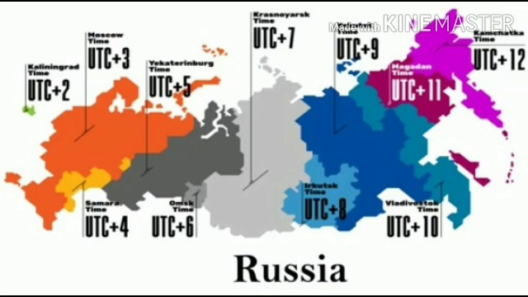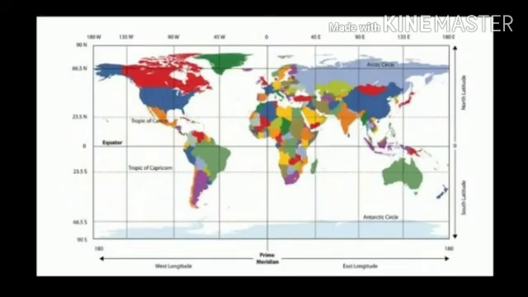Some countries have a great longitudinal extent and so they have adopted more than one standard time. For example, in Russia, there are as many as 11 standard times. The earth has been divided into 24 time zones of 1 hour each. Each zone thus covers 15 degrees of longitude. Our country has only one division. We are following that 82 degrees 30 minutes east, but some countries like Russia have more than one standard time, okay, each with a longitude of 15 degrees.